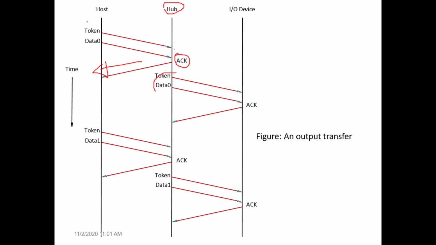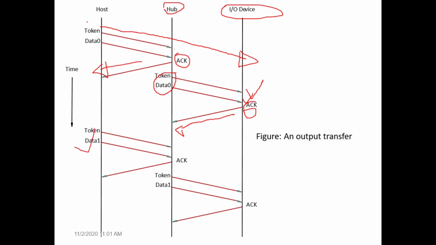Again, the token and data received from the root hub is transferred to the device below it under the tree structure. So here there is the IO device, of course. Now the IO device receives the token and data. The IO device also sends the acknowledgement to its previous hub, informing that the data has been received. So this is how data is sent from the root host to the root hub to a particular IO device. Even in every intermediate step, an acknowledgement is given back to its previous host or node. So multiple data packets are sent. You can see this in this diagram.